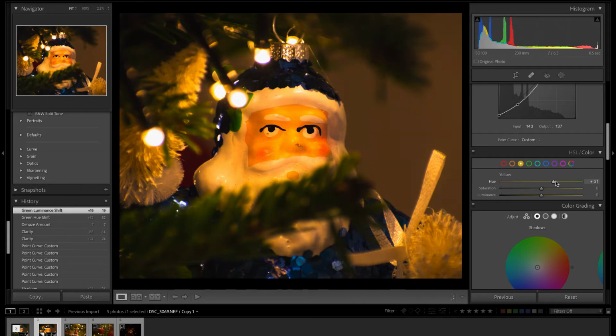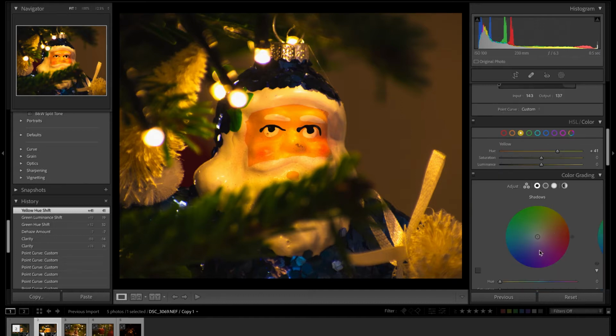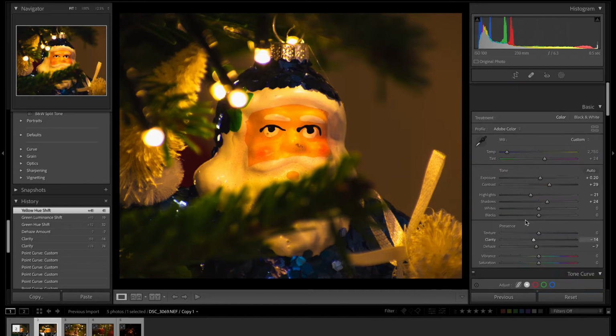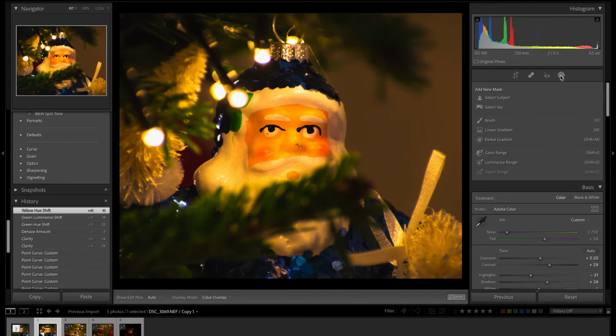Oh, that's nice actually. So I bring the yellows more towards green. That gives me a bit more pop to the image. I like that. I don't think there's anything else I want to do with those colours at the moment. I will come down to the colour grading in a minute, but I'll do that after I've done some work,